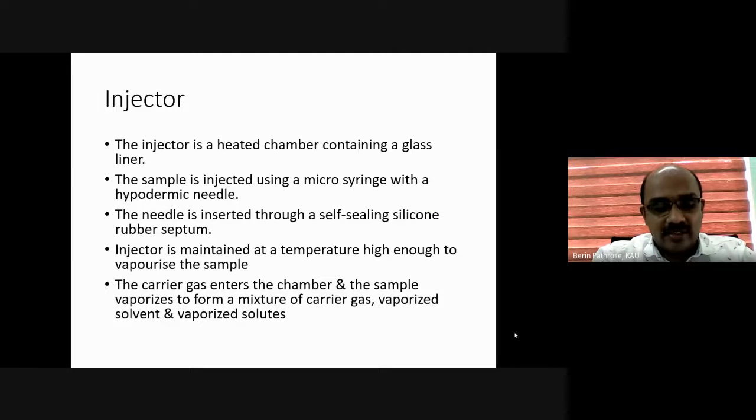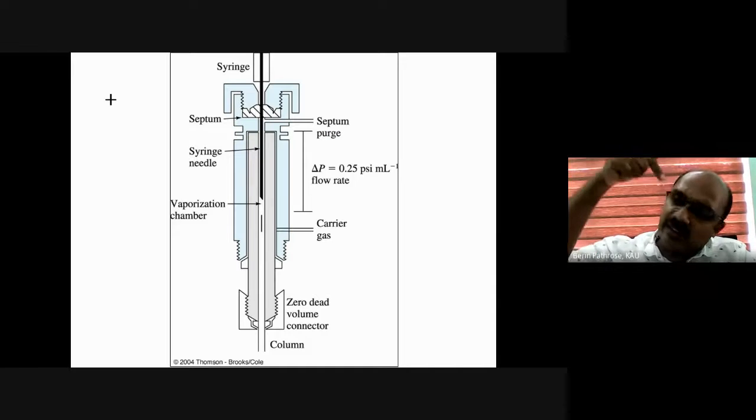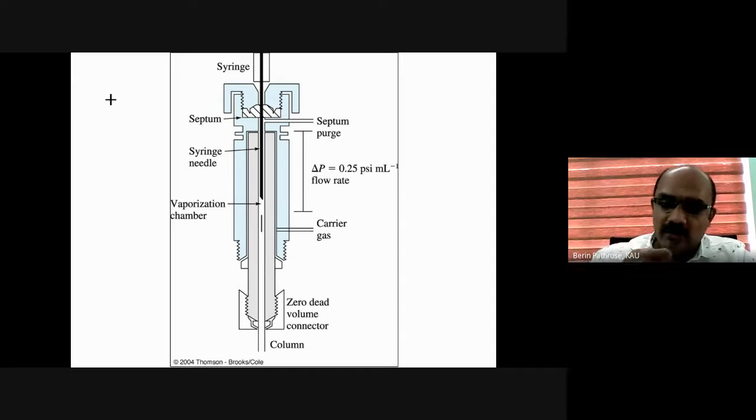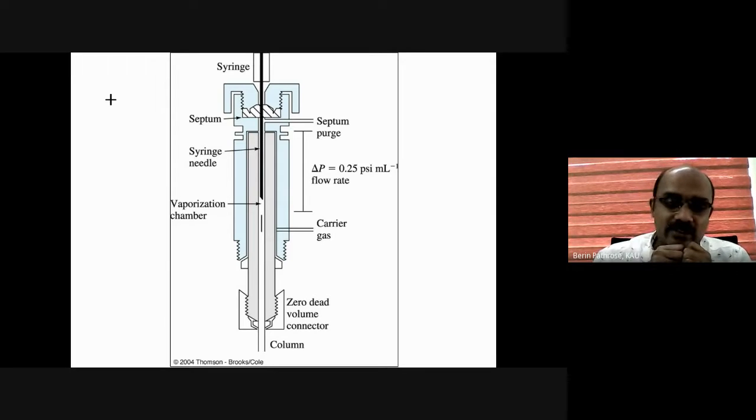So this is the carrier gas. Then comes the injector. I will explain it with a diagram. Here, this is the injector. Actually, this injector will have a hypodermic syringe, just like a normal glass syringe, but the capacity of the syringe is very low. It varies from 1 microliter to 10 microliter because we inject only a very fine quantity. It's not like the 1 ml to 10 ml syringes which we normally see in hospitals. No, this is a 1 microliter to 10 microliter syringe, a very fine syringe.